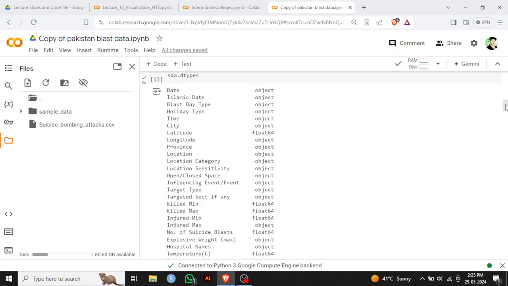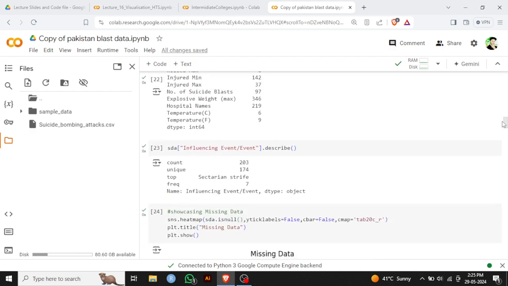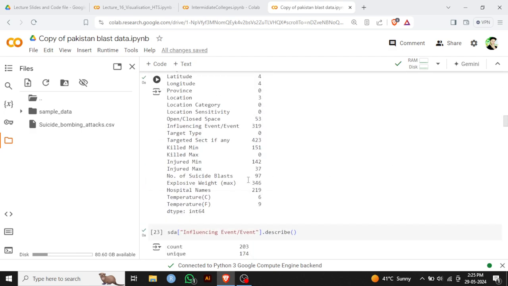Now moving further. Okay, here you see the explosive column where you have 3, 4, 6 null values. Similarly,